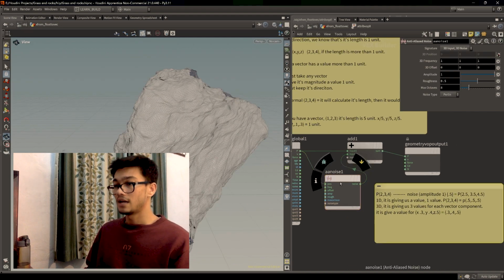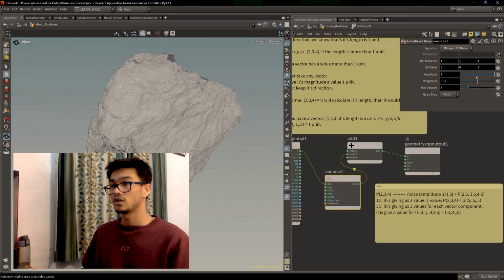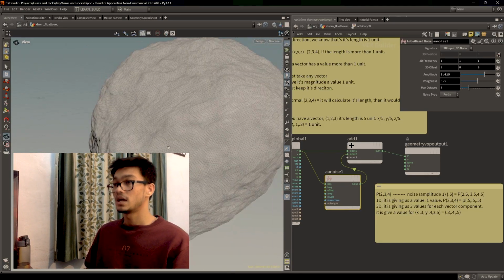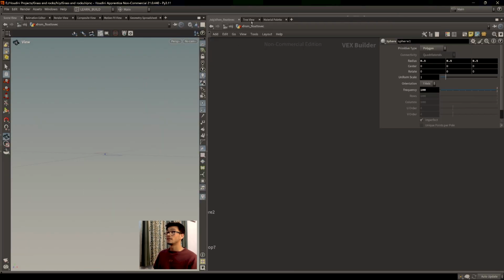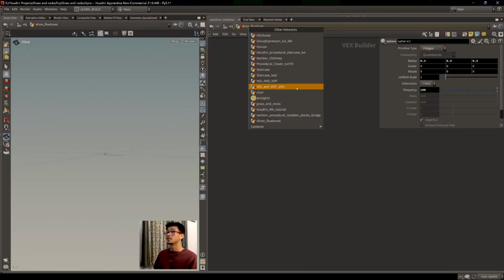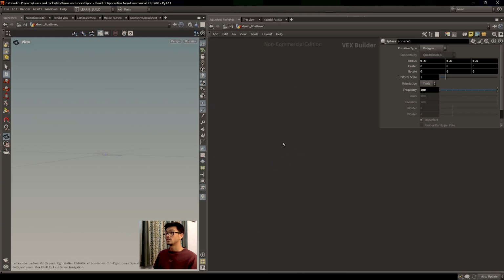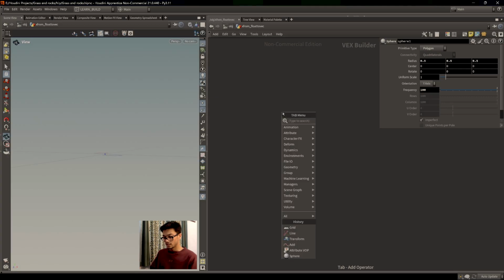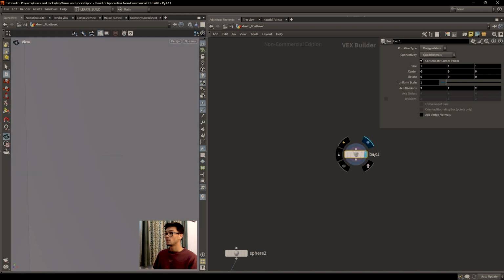So I have this scene. I have nothing over here. First, as always, I have created a geometry container. I have this xform float over. I was working on this before, so I have this geometry container, and I will give here a box, and I will show you what